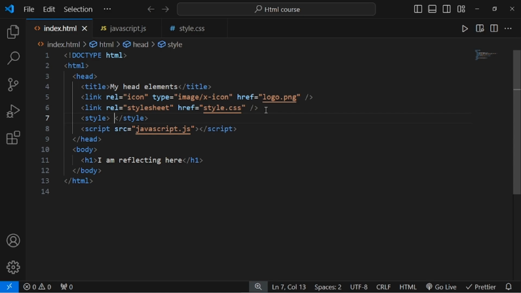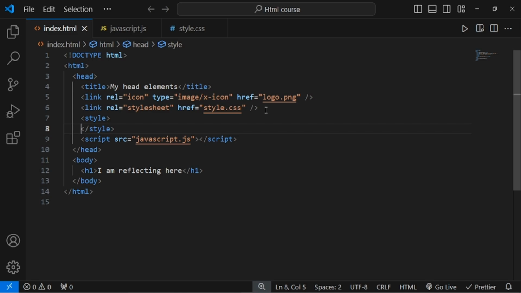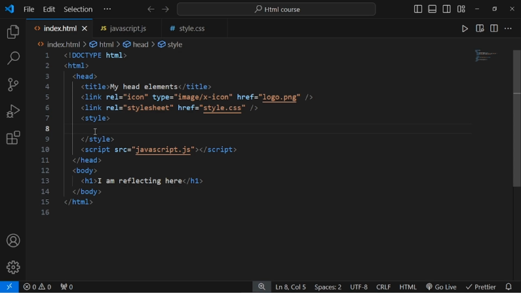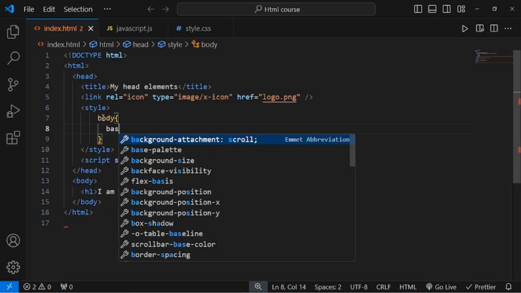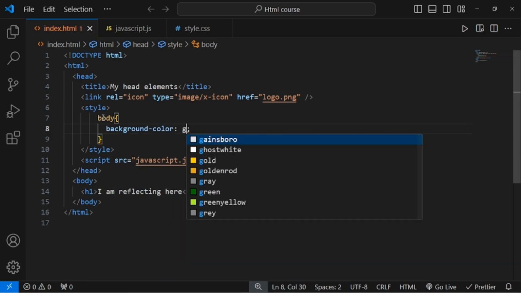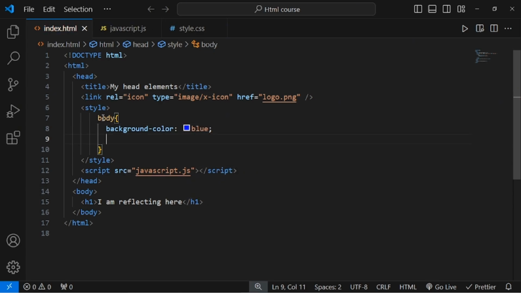You can actually style it using an external style sheet, but you can also do it here in your HTML file using the style element. So if you don't want to link it to another page, just like we did here, you just style it directly here. So let me delete this, and then I'm going to style it. I'll set my body to have a background color of gray, or let me make it blue, and then I'll